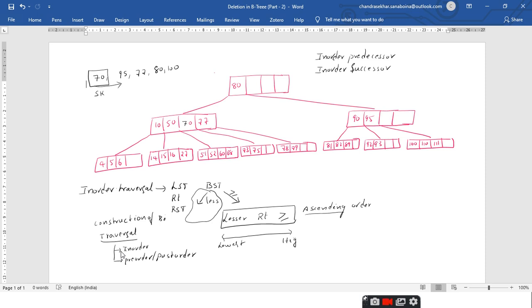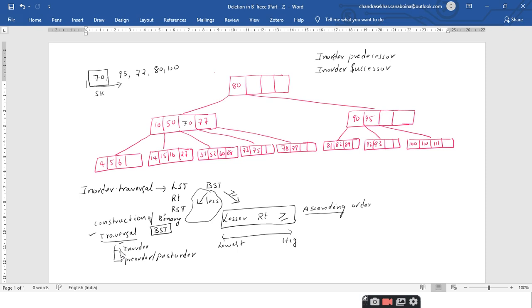So if you are constructing a binary tree, listen carefully, the question should consist of two orders. It is mandatory that the question should consist of two orders. One is the in-order traversal and the second one is the pre-order traversal. But this concept of constructing a tree from the traversals can be applied to BSTs also.